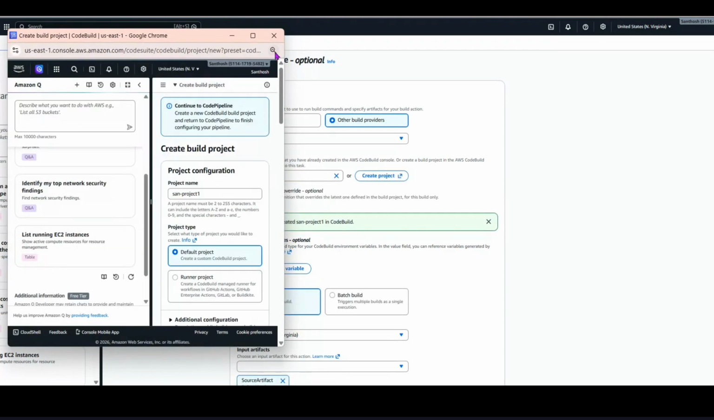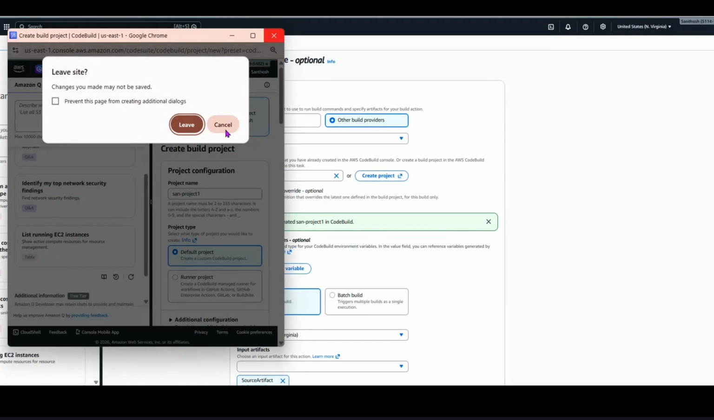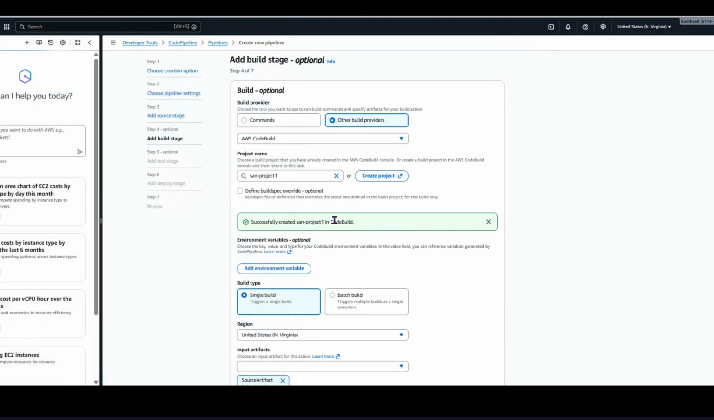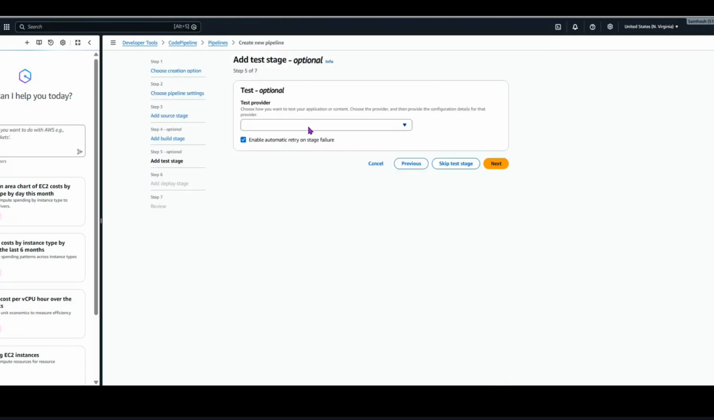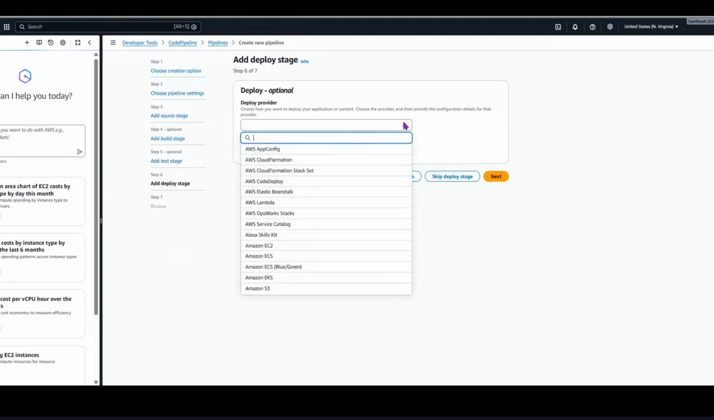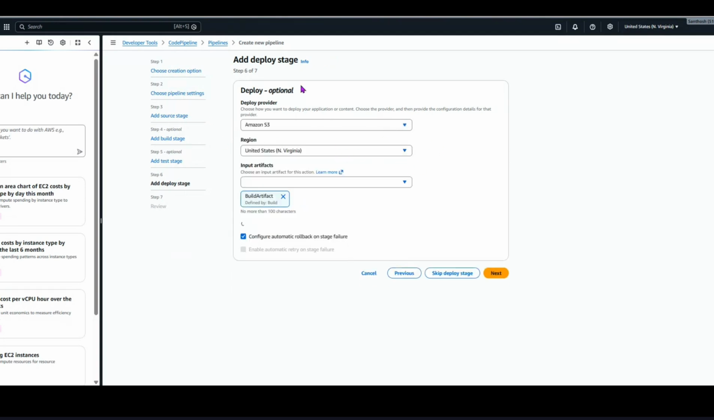And we can see our project is created. You can see it in green color. Project is created. So click next. Test is optional, so we can even skip this stage. And the deployment is in the S3 bucket. So click Amazon S3